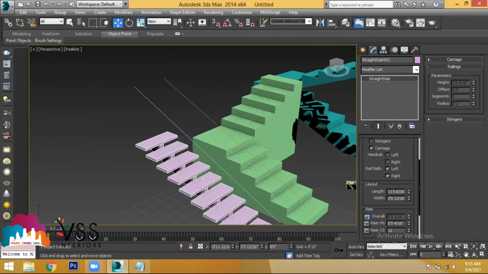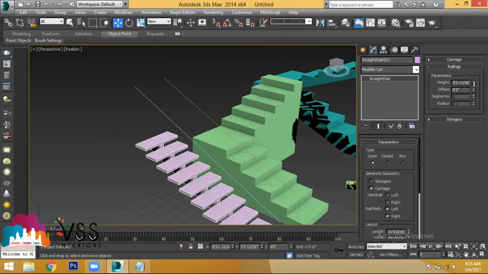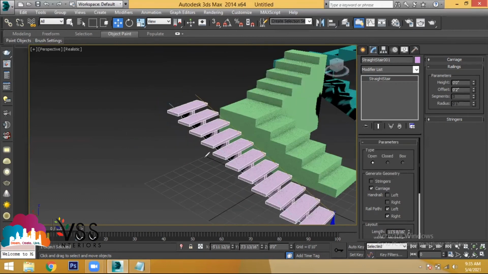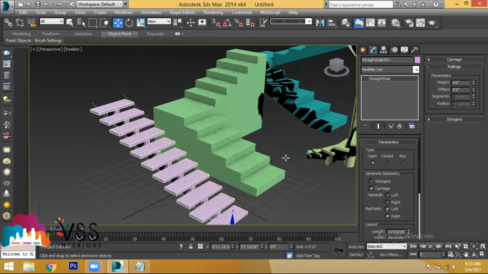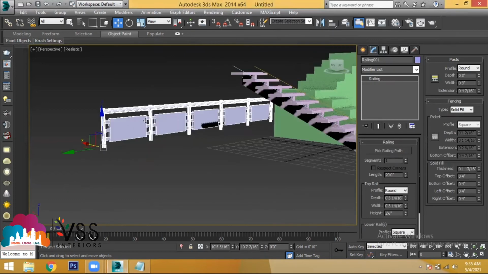Listen carefully. Now let us take this height at the bottom. I've taken this railing path. Can you see this line here? That is nothing but adding these rail paths. Now what you can do is, whichever type of railing you need, you have to create that type of railing first. Check the modifications and add everything.